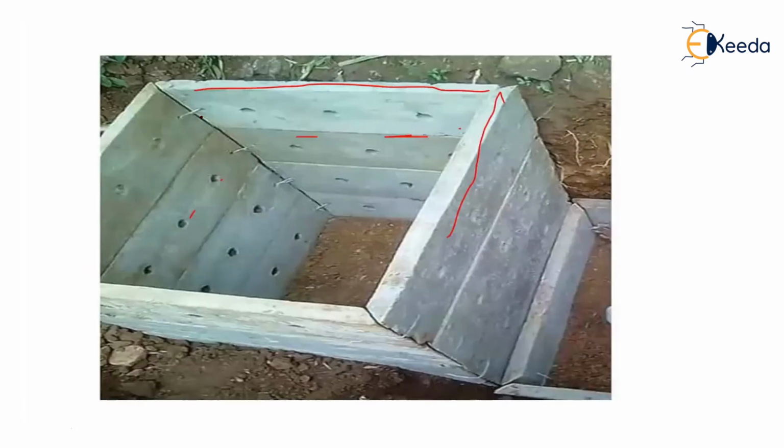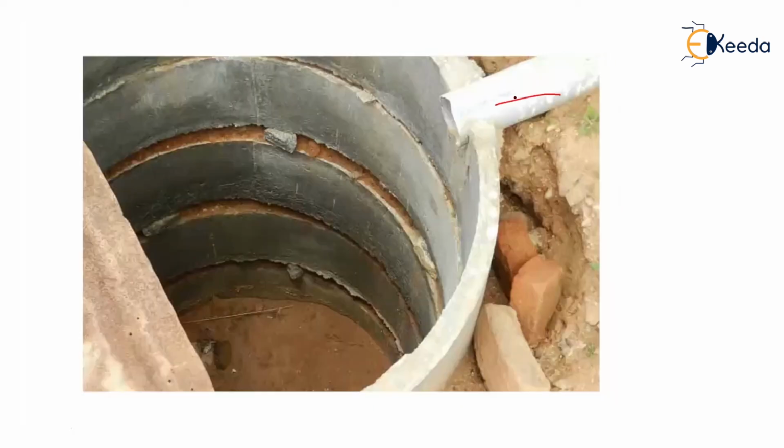We dig out the place completely, then place the container, then put the pipe here. This is the pipe coming from the upward side, and it may be circular also. Some place is purposefully kept here, see here also, here also. Why? Because we want water to go outside also. There are no holes in these rings, so some kind of adjustment is done here for water to go outside.